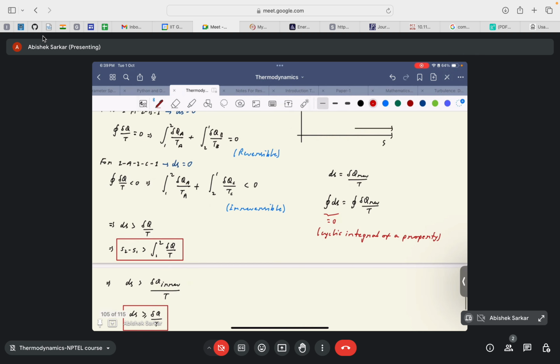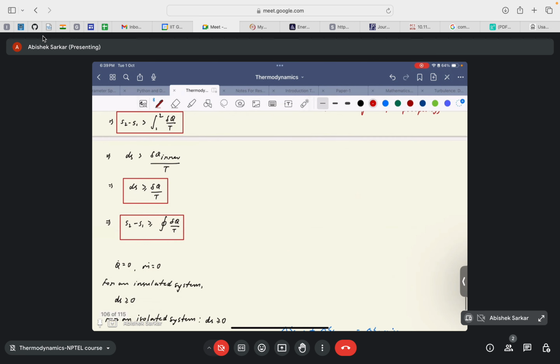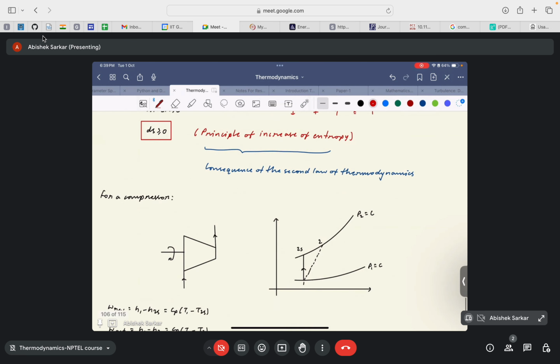so now we will look into the efficiencies, or how we can define the efficiencies of different thermodynamic systems, or thermodynamic apparatus such as compressors, pumps, nozzles, and we'll see how the functioning of these thermodynamic systems can be defined, and how the effect of irreversibilities is now taken into the picture while analyzing these thermodynamic systems. Okay, so in the case of a compressor,